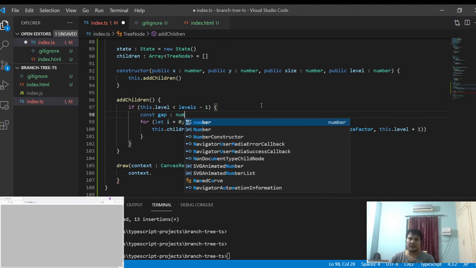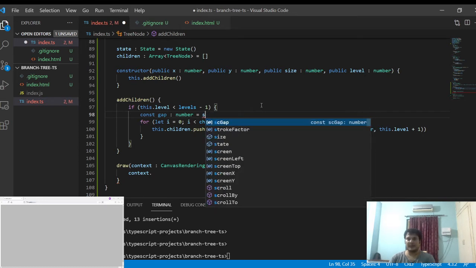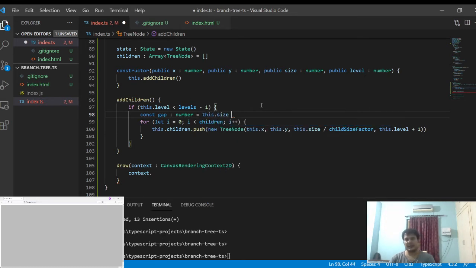We will have something called gap and we'll divide the size by the size also, we'll take something called 0.8. Okay, we'll take the 0.8 of the size. We can also declare the 0.8 in constant.